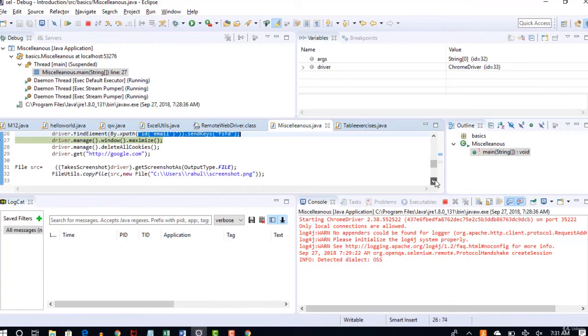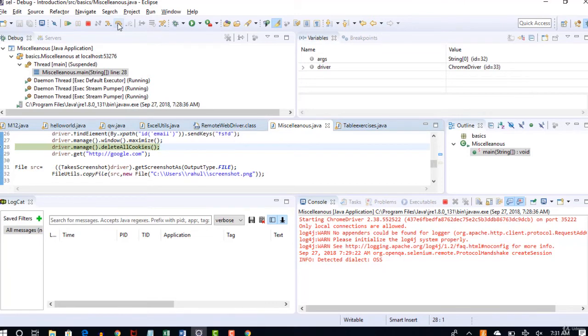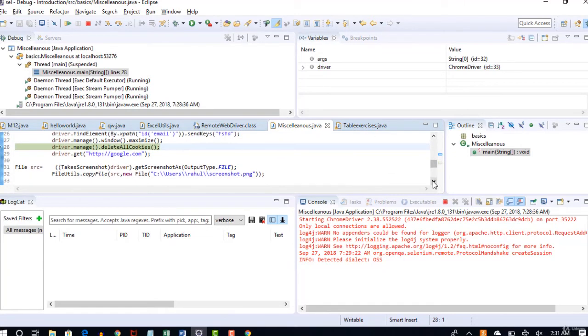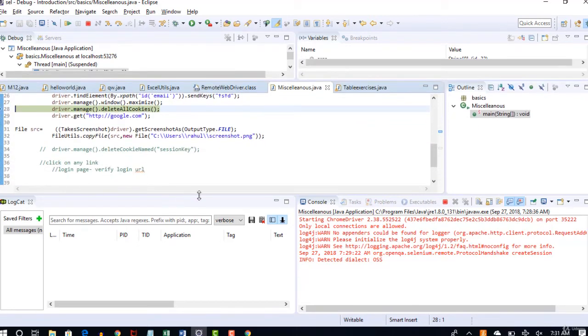Okay. Now, you can continue step by step like this. But when you think that you have debugged, you understood the root cause and you want to execute the further script without debugging mode, just say resume so that it will execute in normal fashion. Okay, so it will complete the execution and it won't stop.